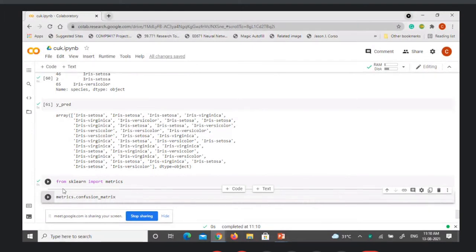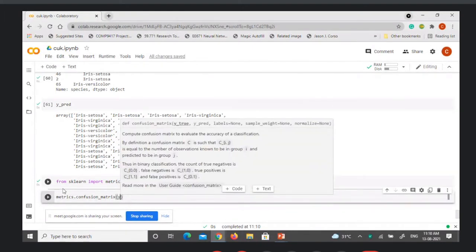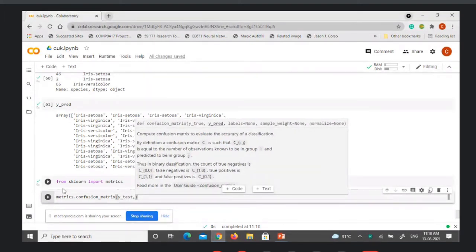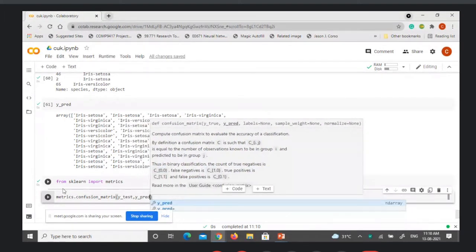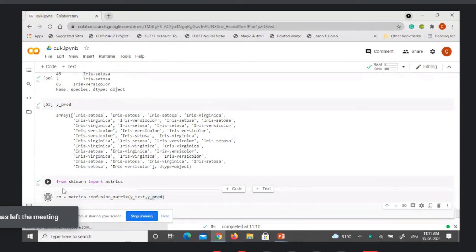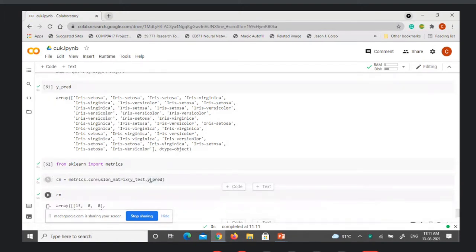We create the confusion matrix by passing the actual labels and the predicted labels. The actual labels are available in y_test, and the predictions are available in y_pred. Let us say the confusion matrix is CM, and now you print the confusion matrix.